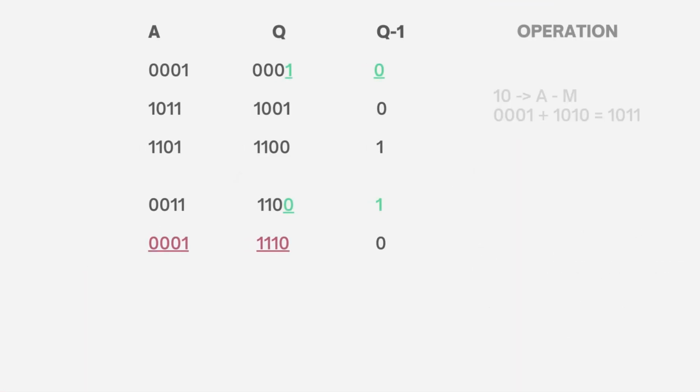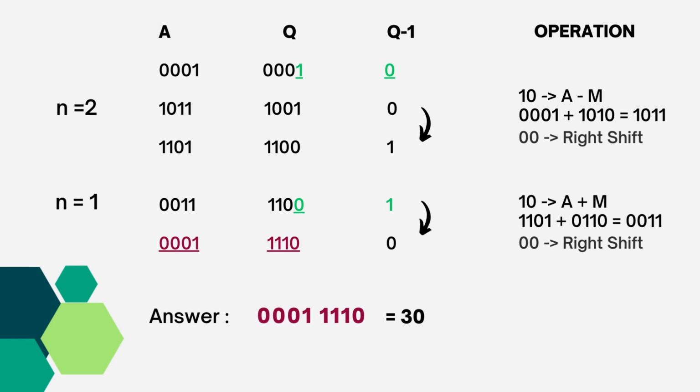Further, after the third pass, we have 1 and 0 as the least significant bits, so we will perform a minus M operation, and we will get 1 0 1 1, which will get stored in accumulator, and further we perform the right shift operation. So now in the last pass, the least significant bit of the multiplier is 0 and the Q minus 1 is 1. For the 0 1, we will perform a plus M operation, and we will get 0 0 1 1, which will get stored in accumulator, and we will perform the